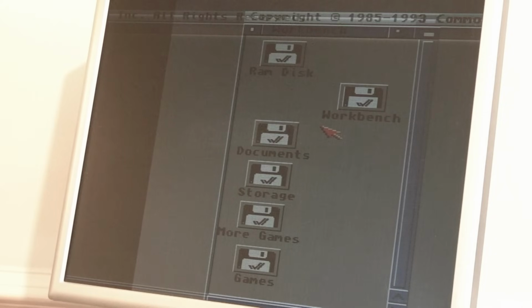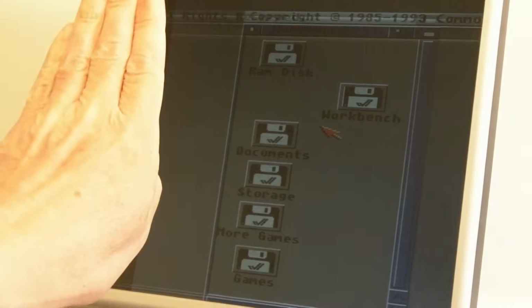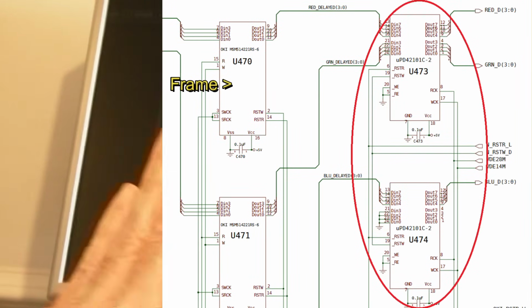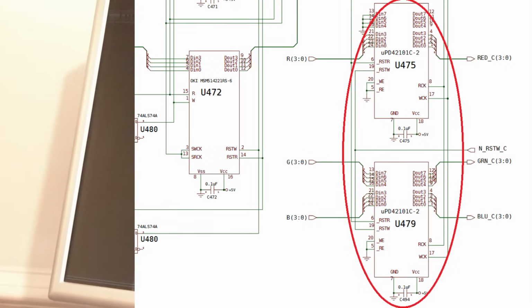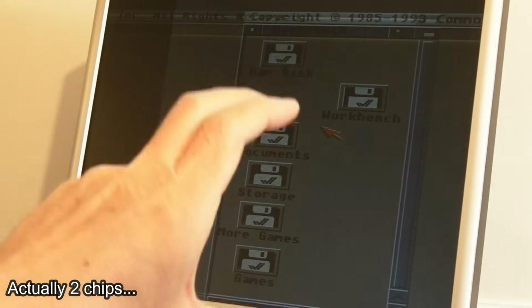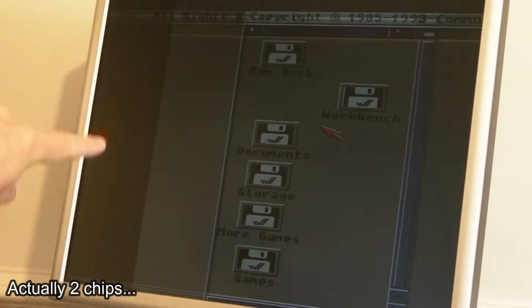I think the obvious one, I'll show you on the schematics, there's the frame RAM, and the frame RAM feeds one set of line RAMs, but then you've also got the other line RAM, which seems to take its, well, does take its signal straight from the interlaced frame, I think, at the relevant point in time. So I just need to confirm that by looking at the schematics, and I'm going to deal with that one line RAM that's on its own and just see if I can do the same thing